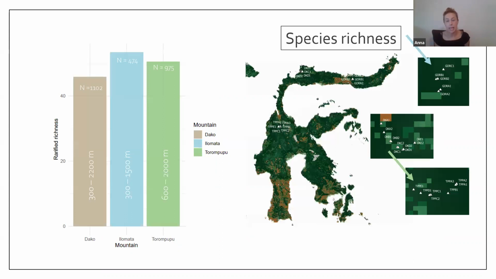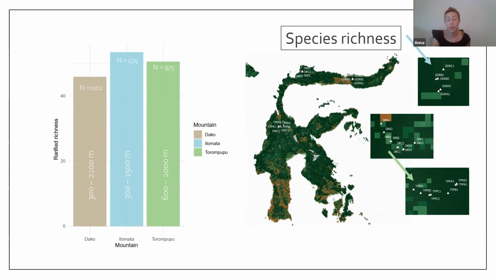And if we look at land cover, we can see once again why there's a potential for this richness decrease on Dako. The dark green colors represent really pristine primary forest. The lighter green colors are forest that has begun to be degraded or is kind of open mixed forestry. And then the brown areas are areas that have been converted to agricultural land.